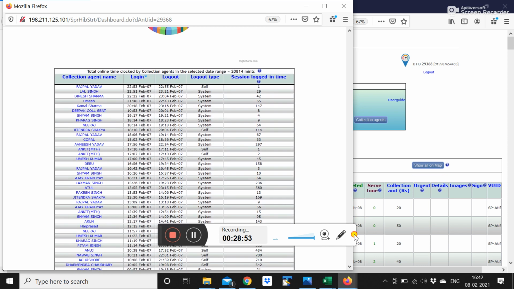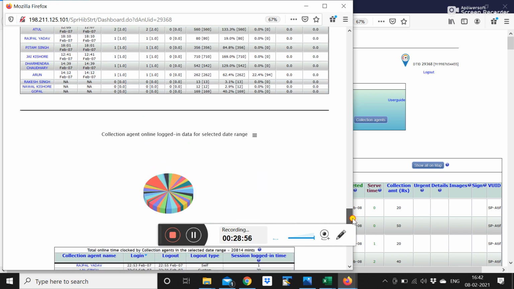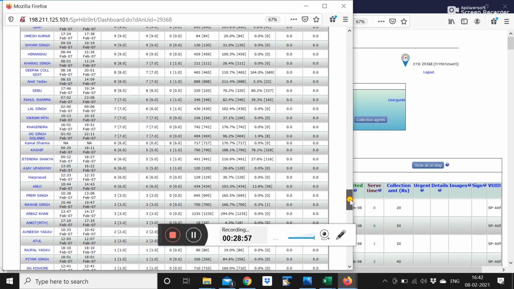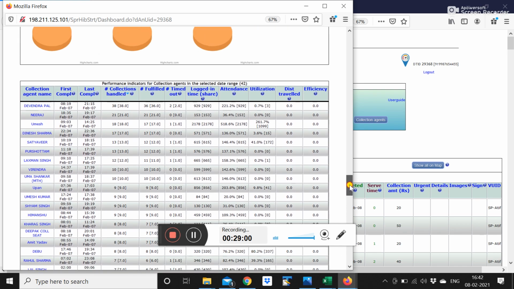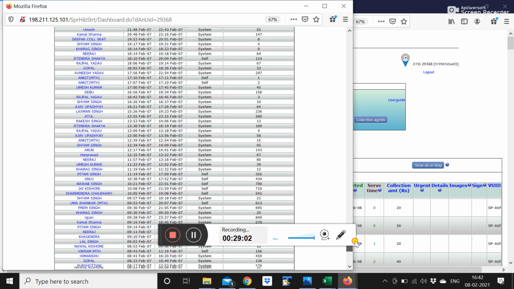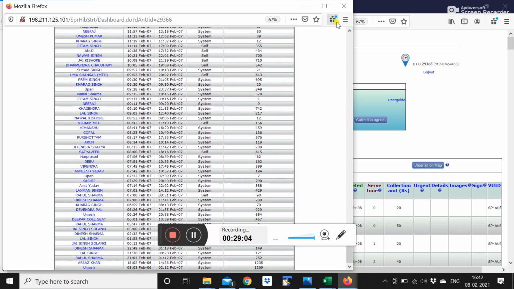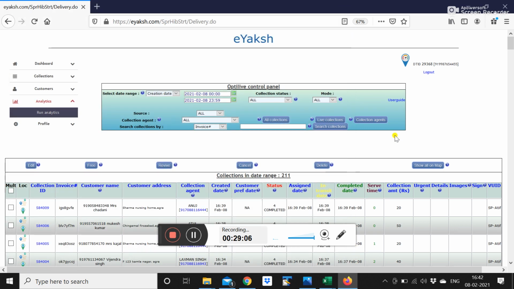All this information is pretty comprehensive. It captures information both Flebo wise as well as order wise, or collection wise. You can download this in either an Excel format or a PDF format.